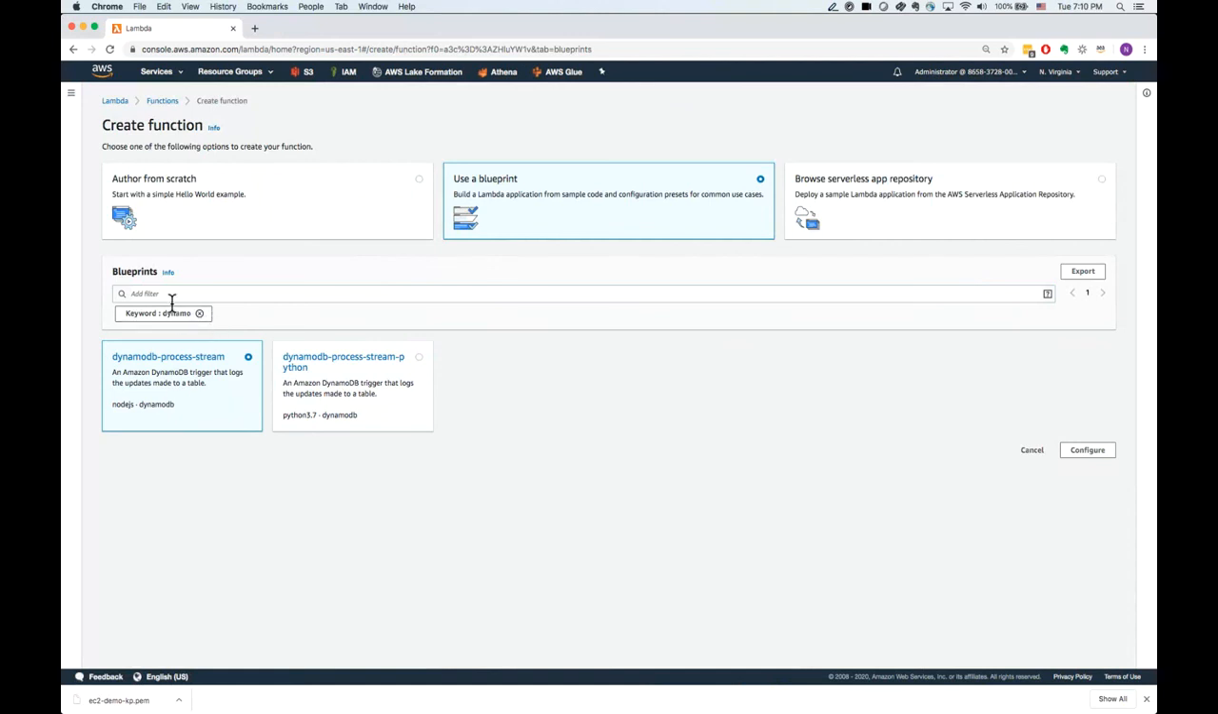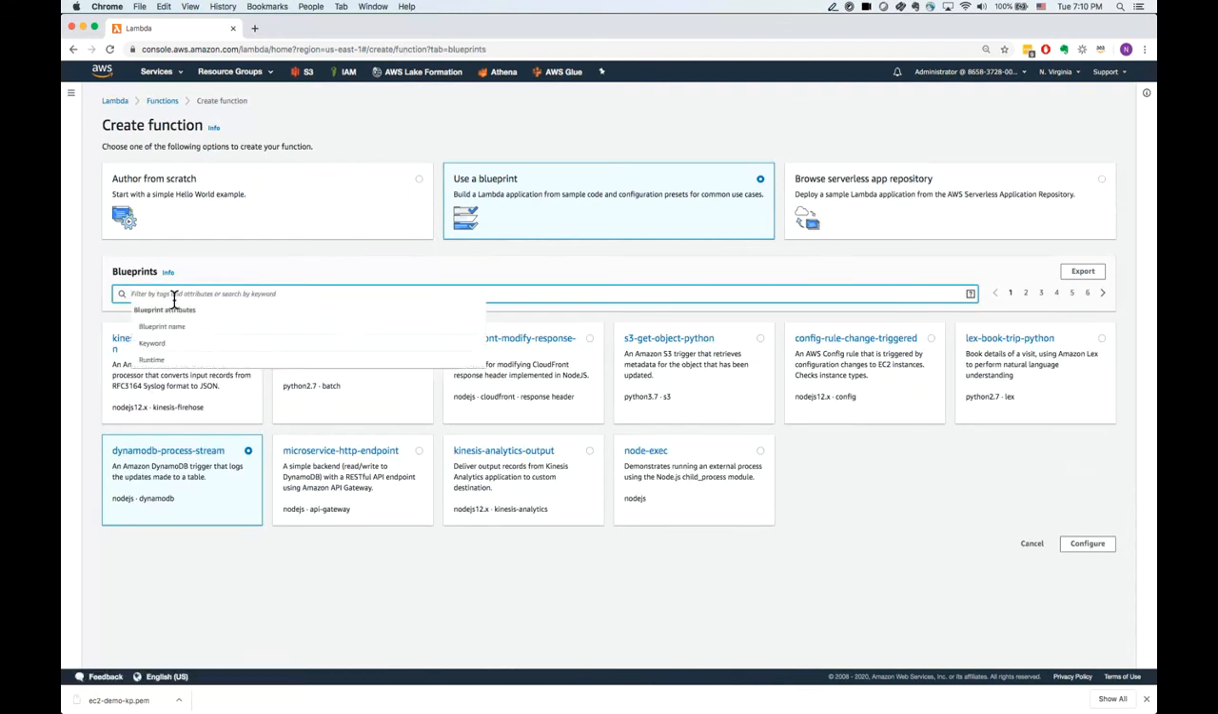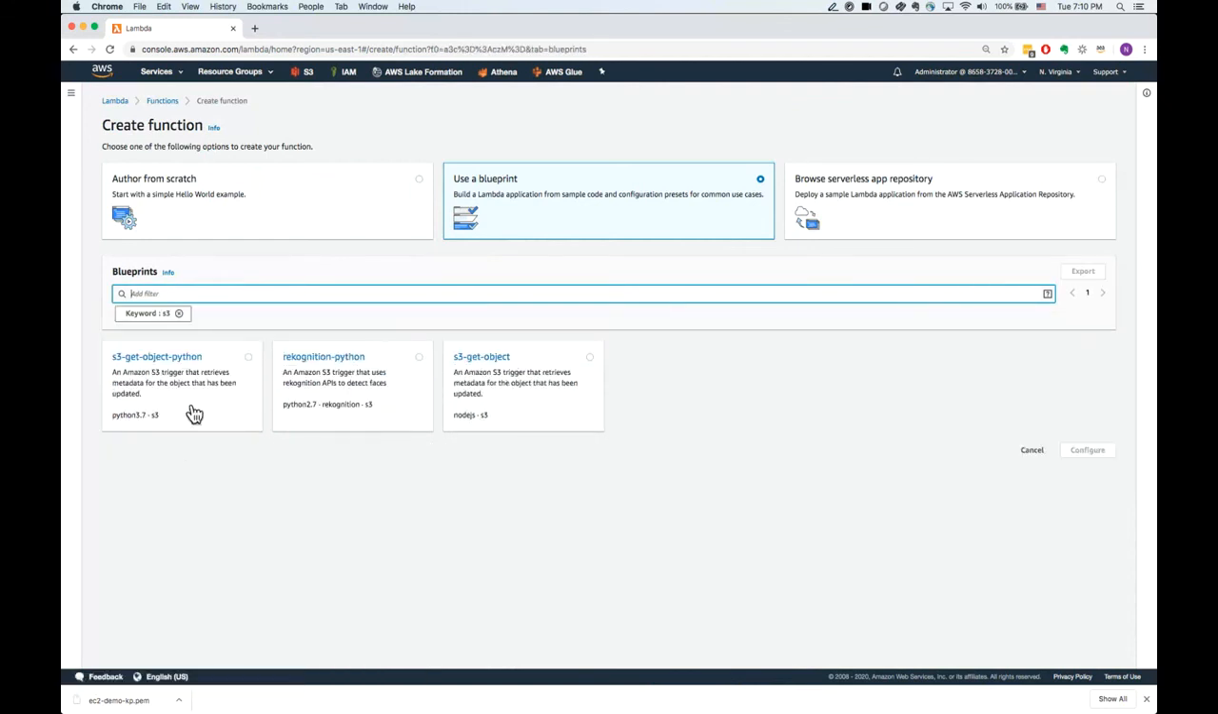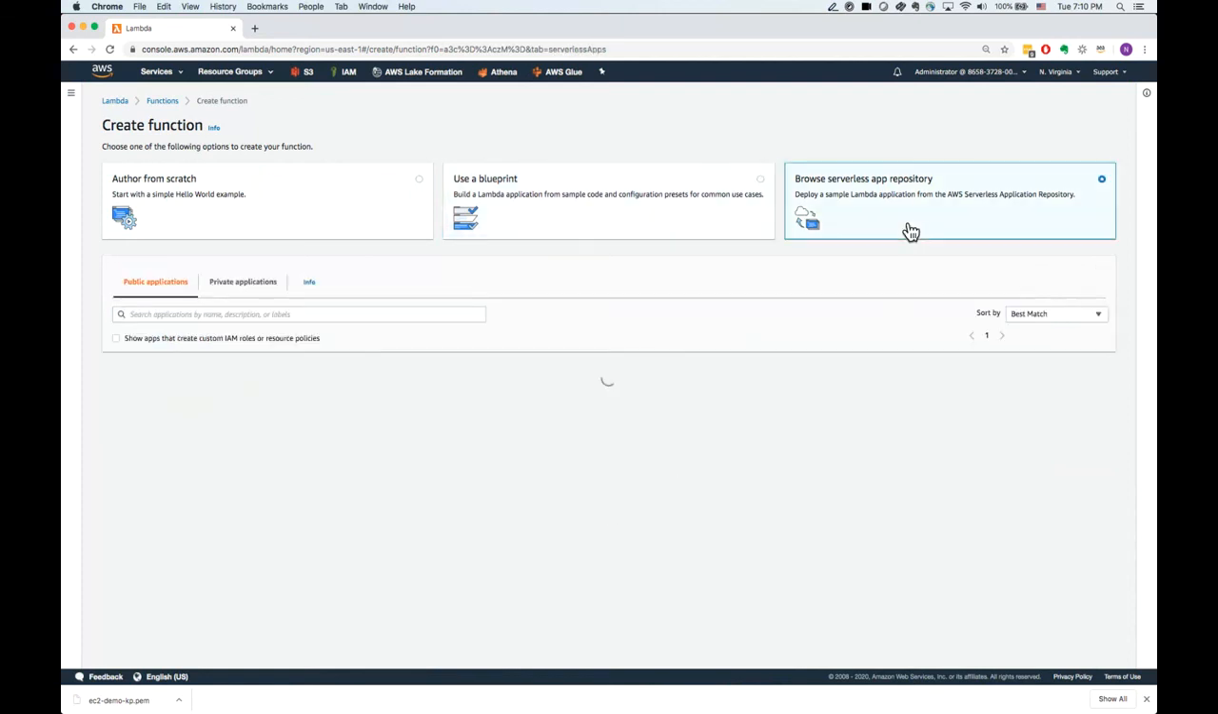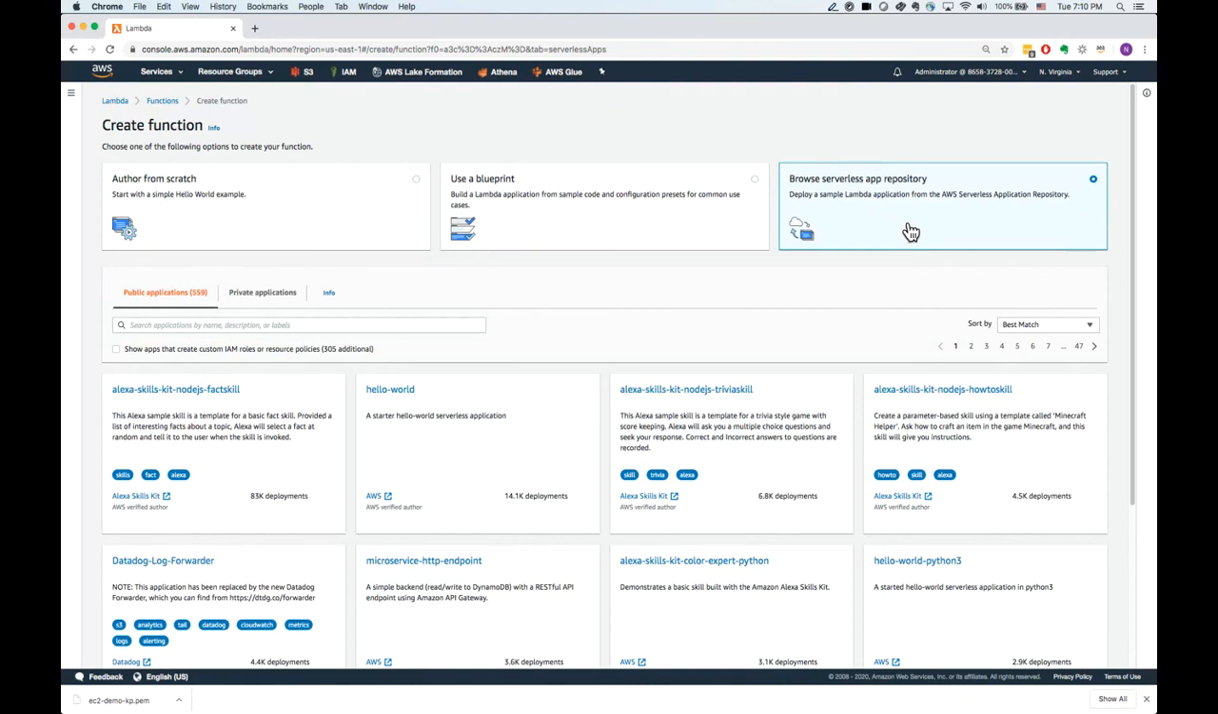But just as an example, you can select any service and look if there's an example available for it, like S3 get object Python. If you wanted to know all those object names, you can select it and it will let you know. The other option is the serverless app repository. Let's say you are a service provider, or you have a company and you have built some kind of services and deployed them in Lambda, you can publish that service in